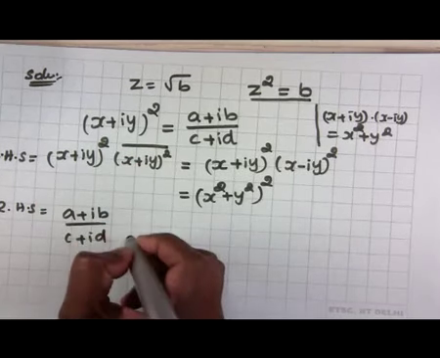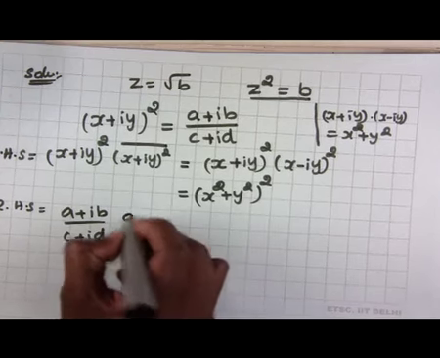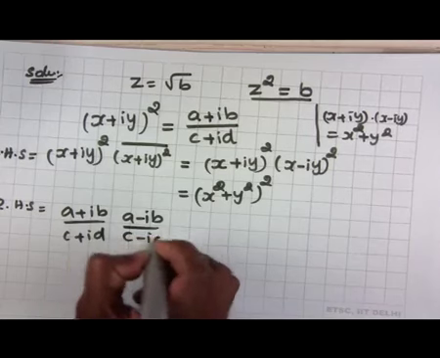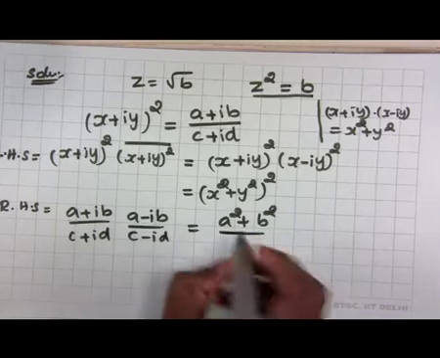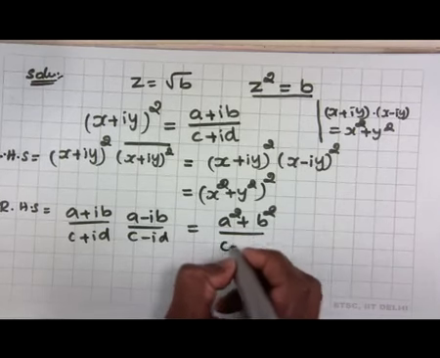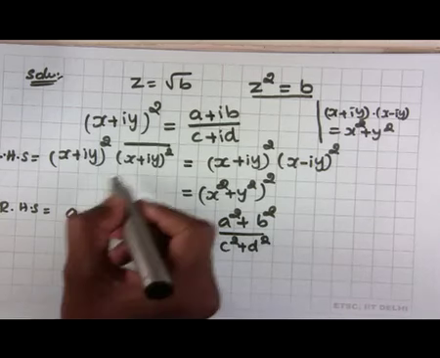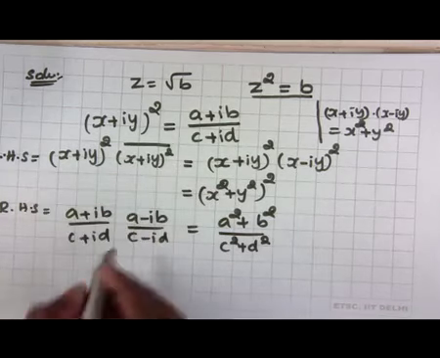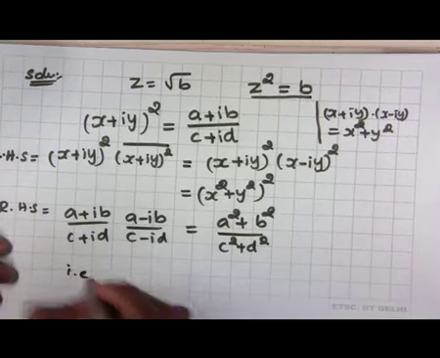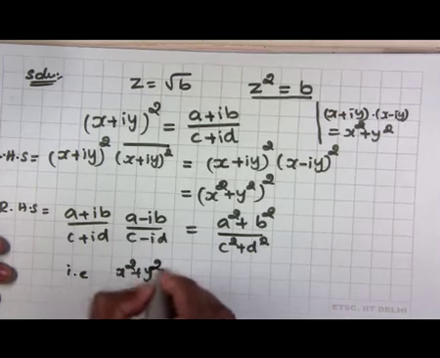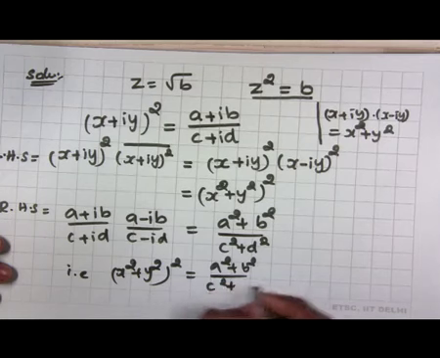Conjugation we know, the conjugate of z1 by z2 is given by z1 bar divided by z2 bar, which means it is a minus ib by c minus id, and the product gives a square plus b square, and this is c square plus d square. So, by given assumption these two are equal. So, we get the required relation. So, that is (x square plus y square) the whole square is (a square plus b square) by (c square